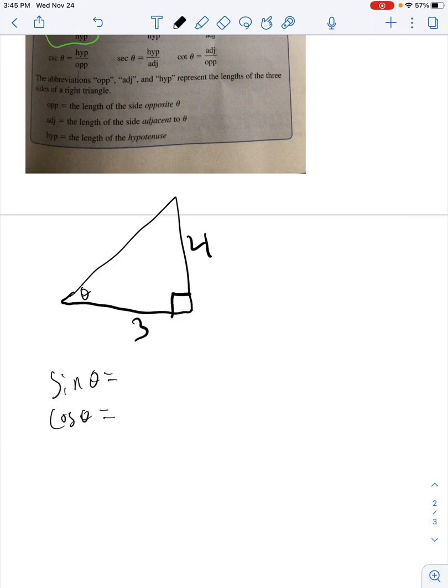You might have a triangle that looks something like this. Say that this is theta right here. We've got a right angle, we've got 3, we've got 4. And it might say, tell me what sine of theta is, tell me what cosine of theta is, tell me what tangent of theta is, and you might have to do all 6 of them. So again, SOHCAHTOA, sine is opposite over hypotenuse. This is my reference angle. So opposite